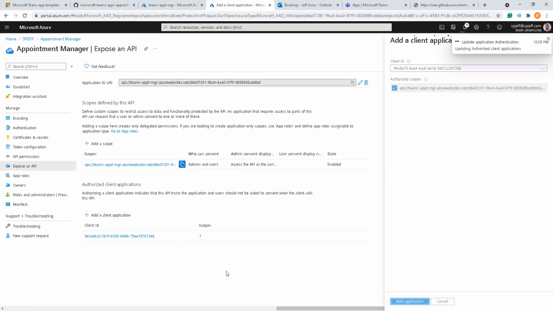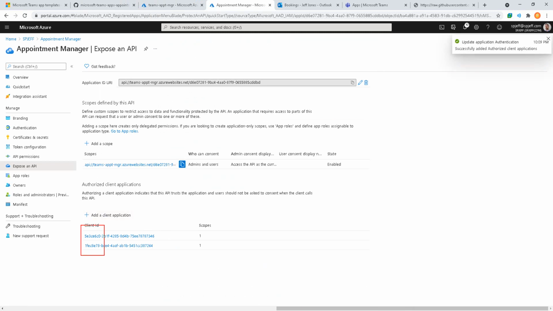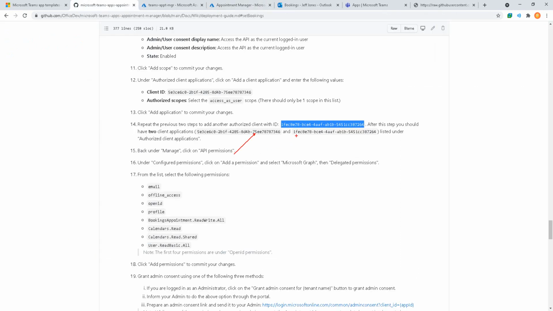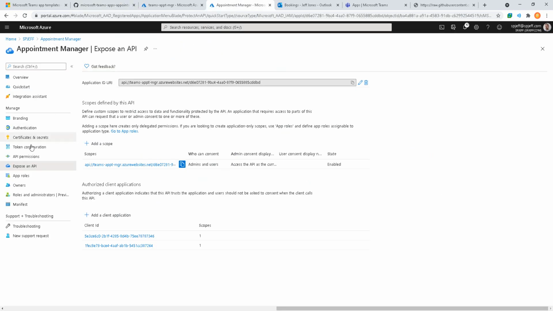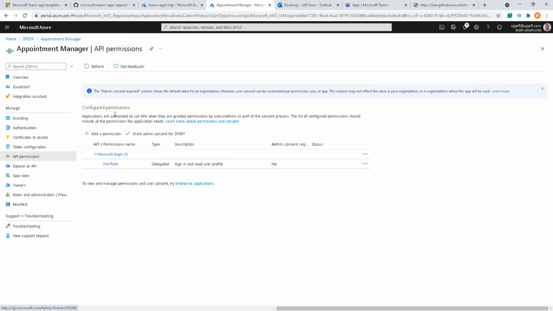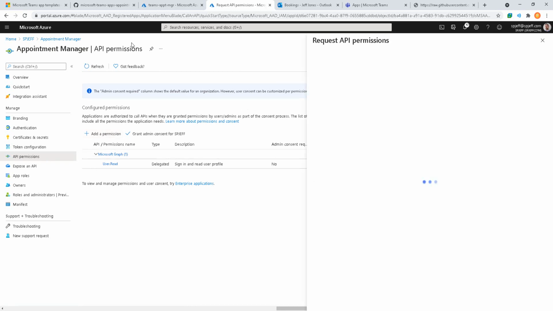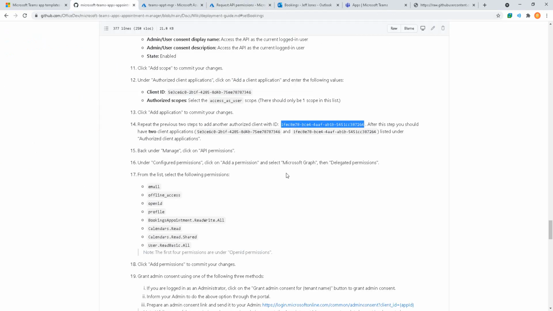And click that, click add, 5E, 1F, we have two that are added, matches with the two in the instructions. Back over to step 15, under manage, click on API permissions, and under configured, we're going to add for graph. Okay, so here we go to API permissions, and we're going to click add, and it wants us to select